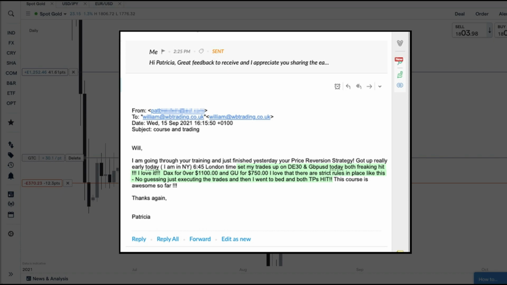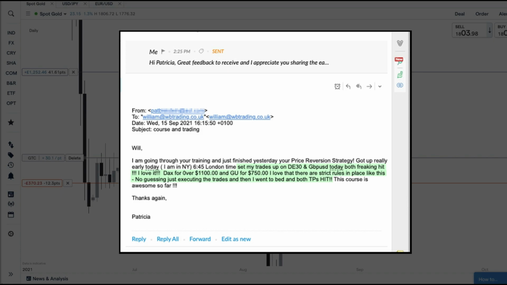I love it. Germany 30 brought in $1,100 and the pound dollar market brought in $750. I mean, imagine that for a second. Imagine following a set of rules and banking $1,850 in a single day by, again, literally following the rules and just walking away, or going back to bed